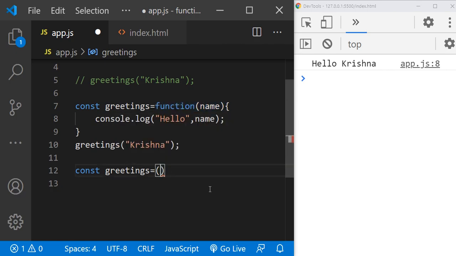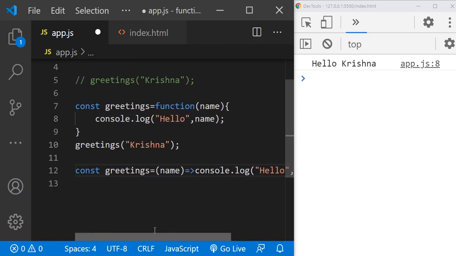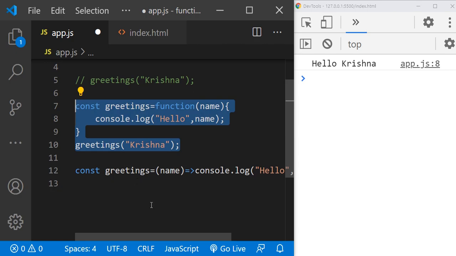So we need to pass name. Now this is equal to the function name, and here you write equal to, then greater-than symbol, which is nothing but an arrow, and here you can write the console log statement. We should comment this, otherwise we'll get the error.